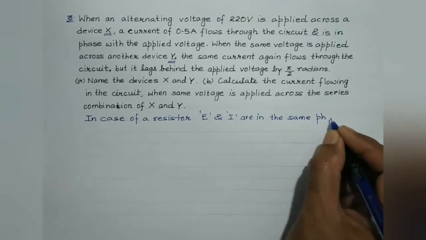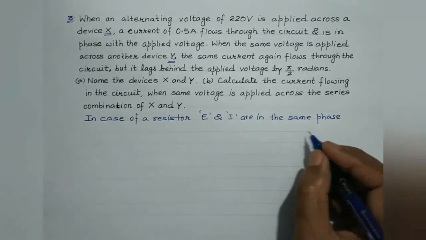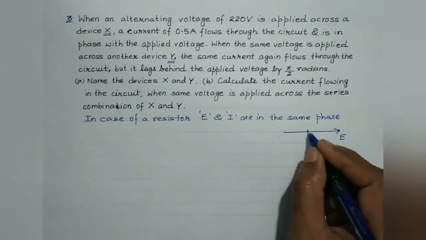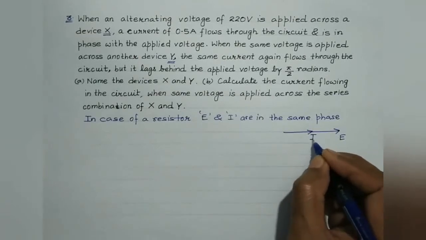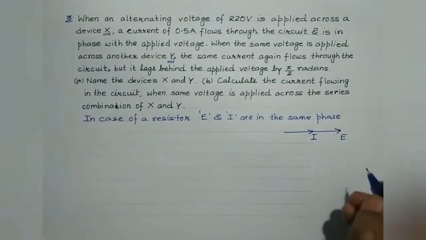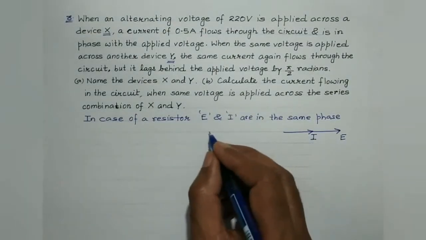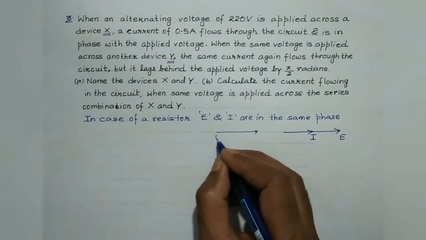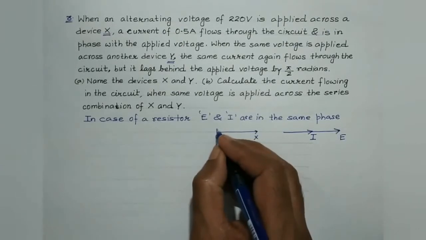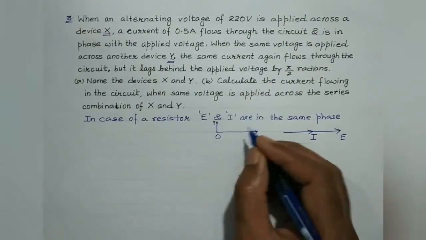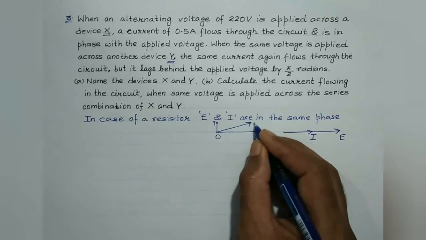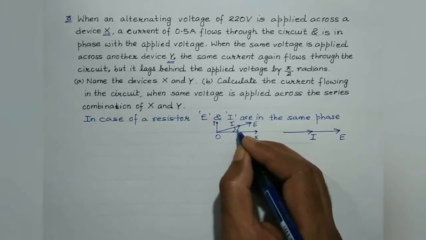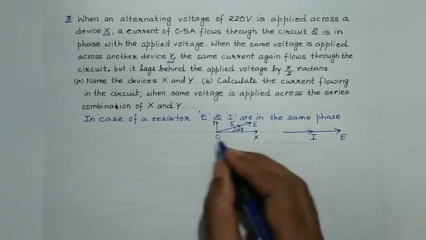This we are already aware of, right? So it may be represented like this. This is the voltage across the resistor and this is the current. This may be the phasor diagram. Clear? You can also draw the phasor diagram in this manner. Suppose this represents the horizontal OX and this represents OY. So this is EMF and this is current. Either way it is correct. This is omega t. So both are correct, right?